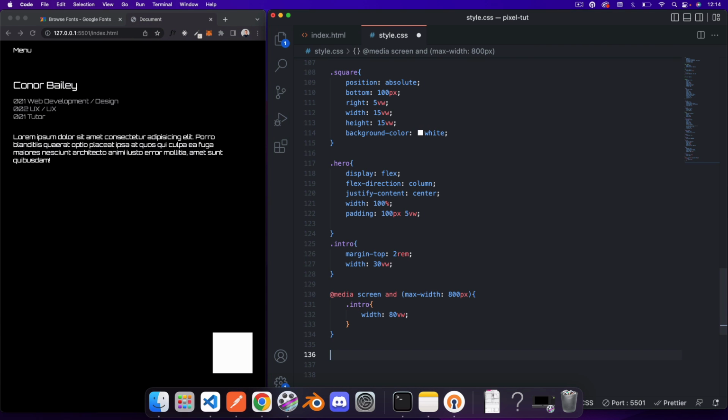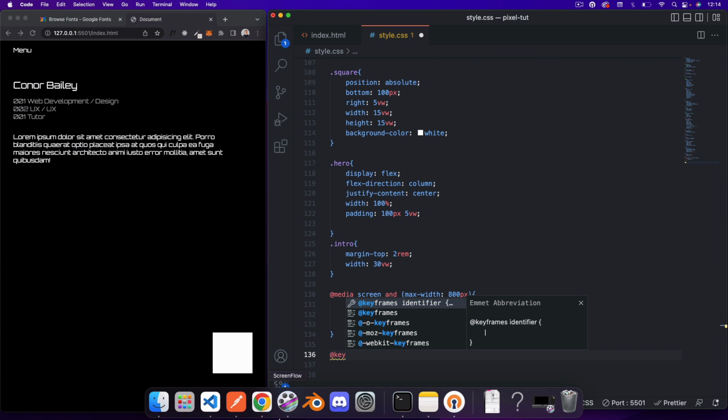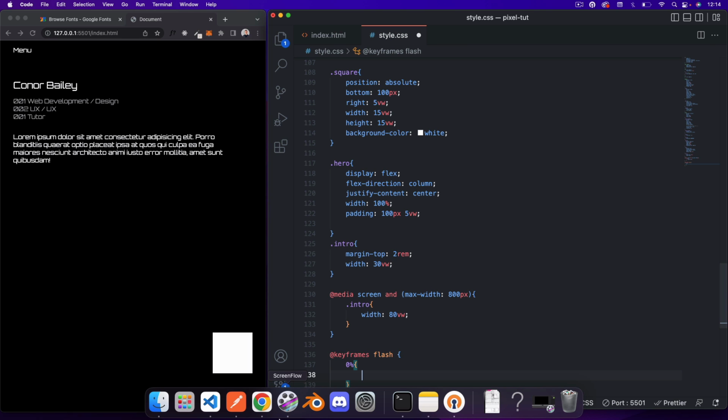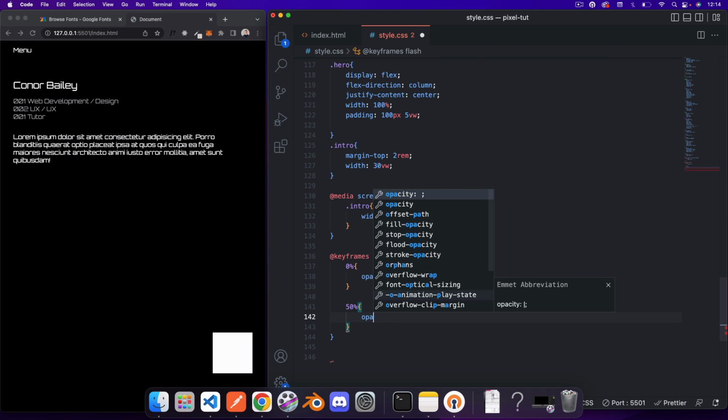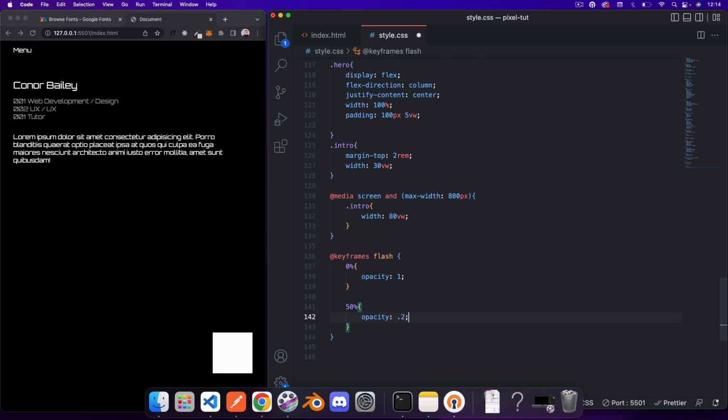And then finally, let's just do a keyframes animation for CSS. I'm just going to call this flash, make that square flash. So when we start the animation, we want the opacity to be 1, and then at 50%, we want the opacity to come down to 0.2, and then we want to finish up where we started. So at 100%, we'll just set the opacity to 1, add a percent there,